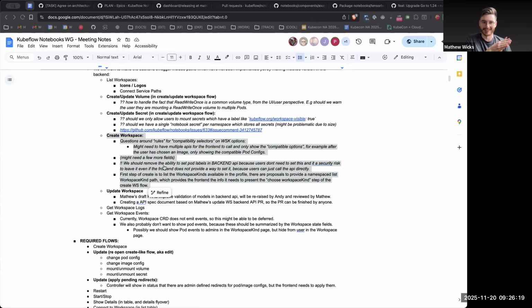It should assume that flow: I choose an image, and this image may now not be supported in the other category of options, the pod configs. I don't know if that's the next priority, but there's going to be a lot of additional API calls there, so maybe we should think about that. There's no stub there yet. But that's reasonable, and really it just no-ops. You always get both lists, which is the behavior today.